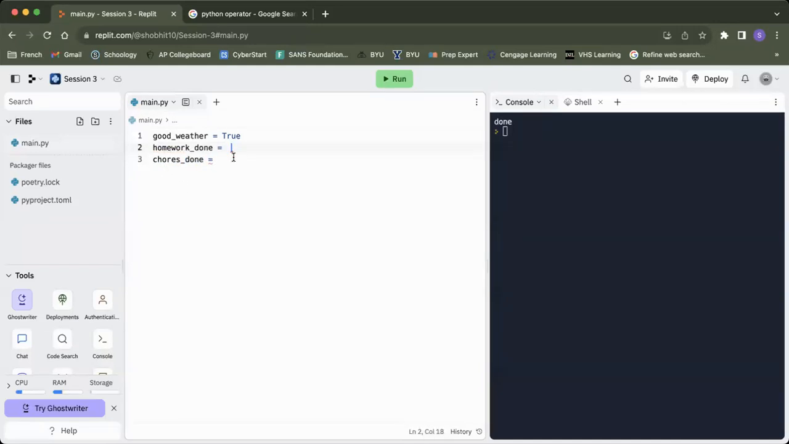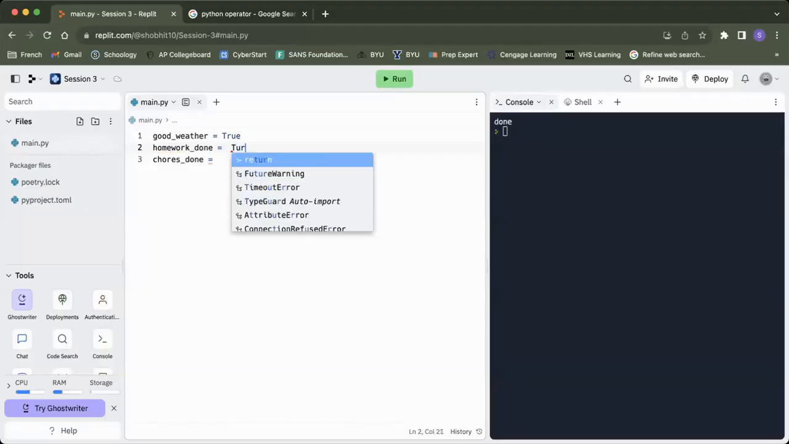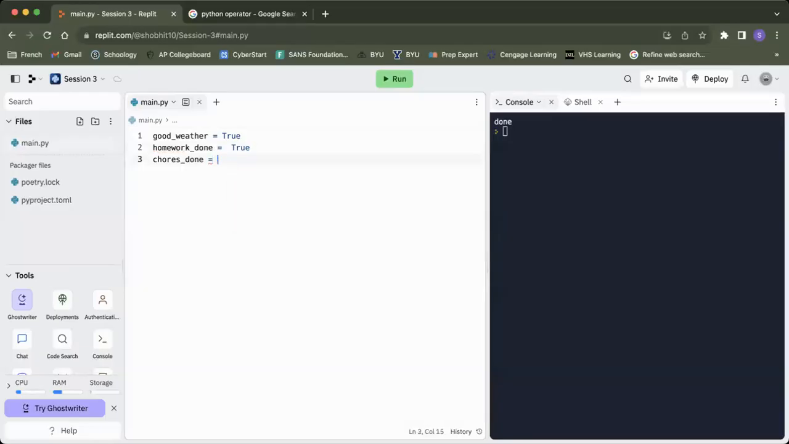So let's say homework, did you do your homework? Let's say yeah, you did. And then, did you do your chores? Let's say you didn't do your chores. Now, how would we code this? In order to be able to go outside, you have to meet all of these criteria, right? So you could do if good_weather and homework_done and chores_done,